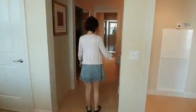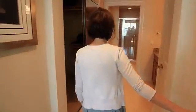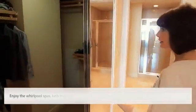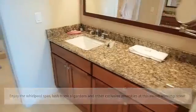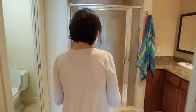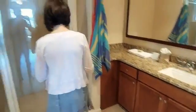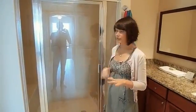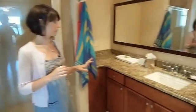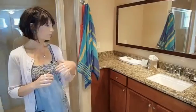This is our dressing area. It has a sink. We have a nice big closet, walk-in, filled it with all of our lovely things. And here is our bathroom. We have a really nice shower. It has great tile inside the whole thing. There's a little seat in there. It's super nice to shower in. The counter space is plenty for me to put my girly